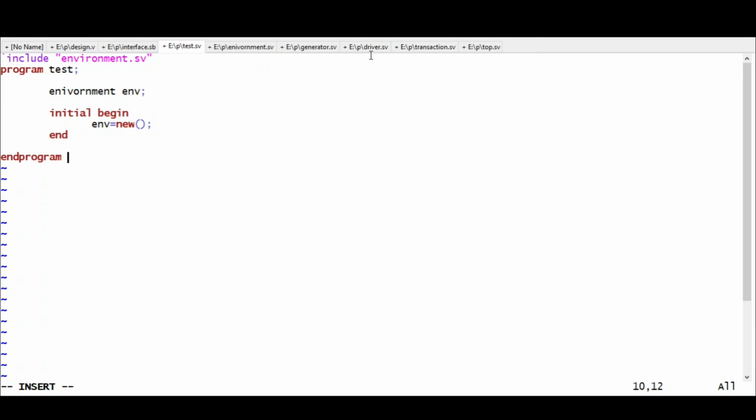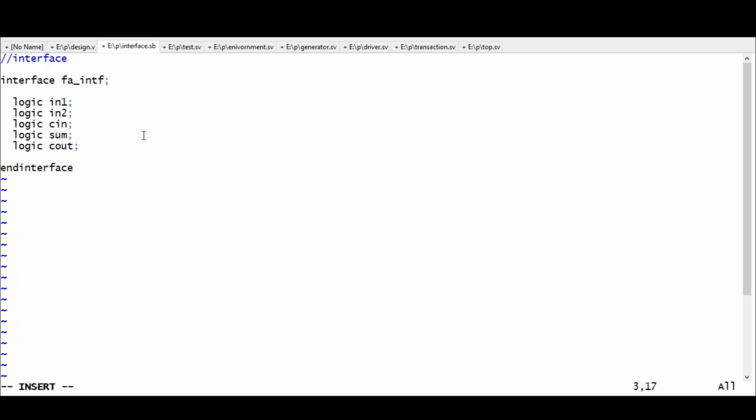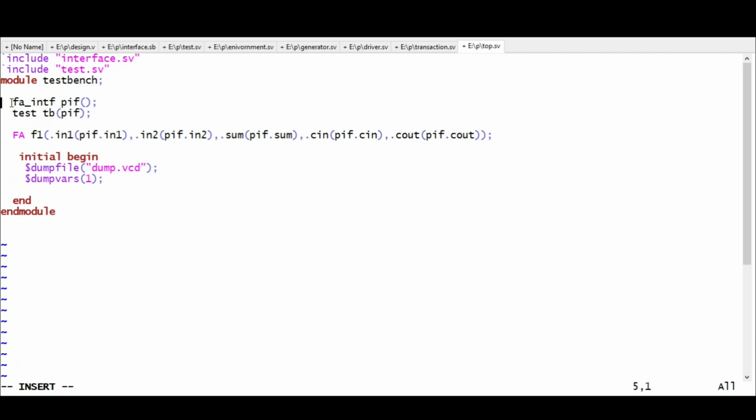Now let's move towards the top. Inside the top, we now have our interface and test, so we will include these two files: `include interface and `include test. In the test bench, this is our interface. We will instantiate this interface first.